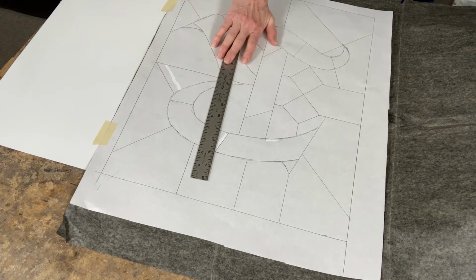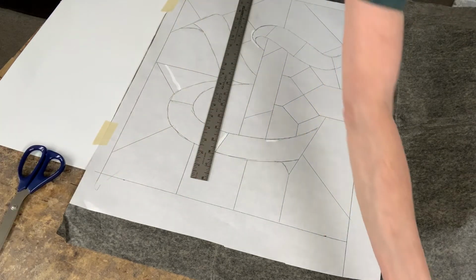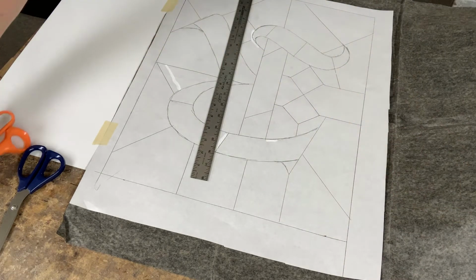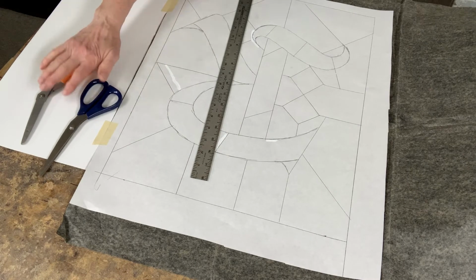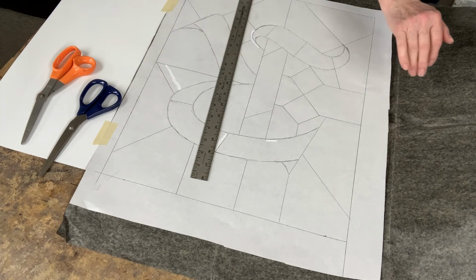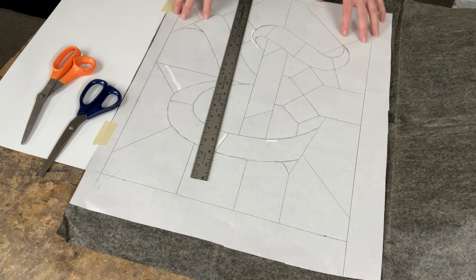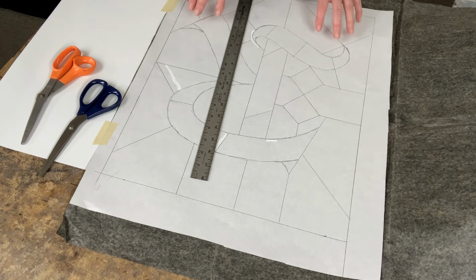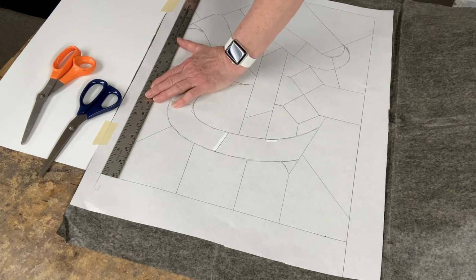I'm going to get a ruler so that I make sure that I know where things are going. I'm going to have my copper foil scissors. I'm going to have my regular scissors, and both of those will be in there. And then I'm going to get a pen. A pen is very important in this process because the pen will be sure to make a very thin line, and you want a very thin line on this project. Okay, so what I'm going to do is draw this entire project